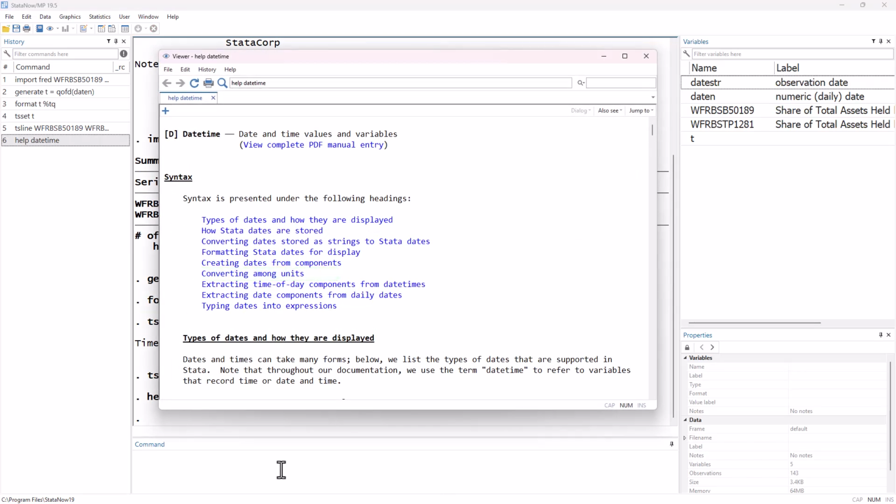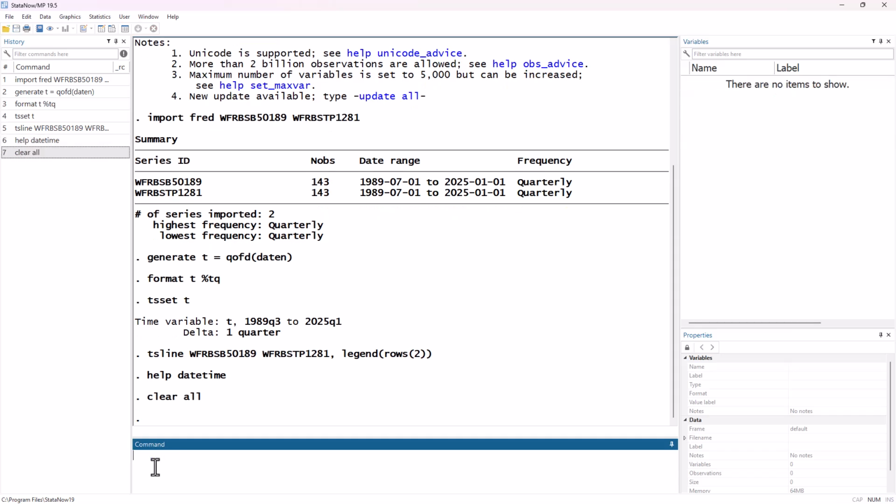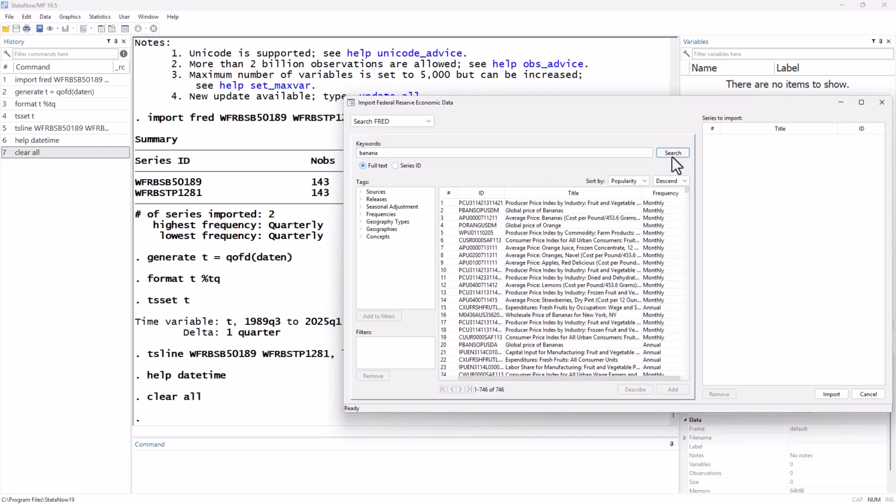Let's clear out this data and import a different pair of time series to talk about the options of the import FRED command. Instead of browsing by category, this time I'll search for the keyword banana, which brings up a long list of series related to food and specifically fruit, like the US Producer Price Index for canned fruits and vegetables, and the wholesale price of bananas for New York City. For this example, I want to import the monthly series of the average price of orange juice